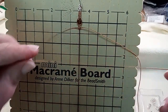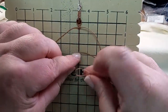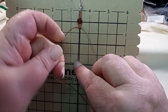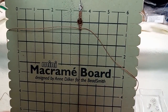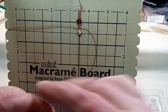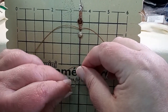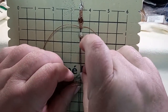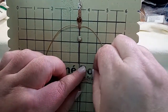Now I'm going to make the Q. I'm going to go over this cord, under the center cord, through the loop, and tighten. I'm going to bring my next bead up. Now I'm going to make a P, over the cord, under the center cord, through the loop of the P, pull it all the way through,